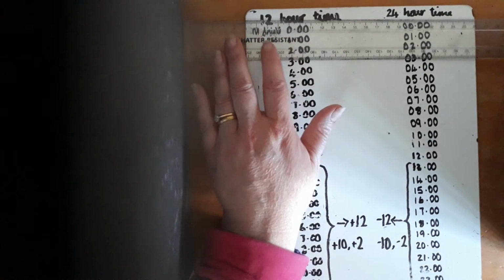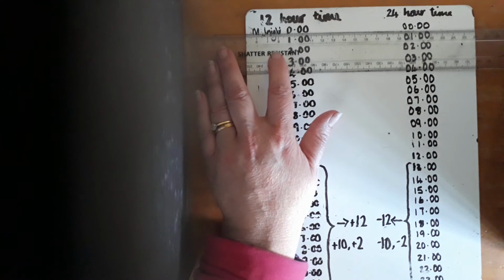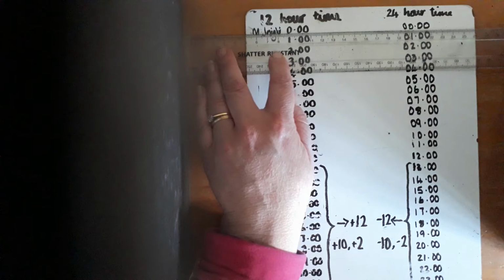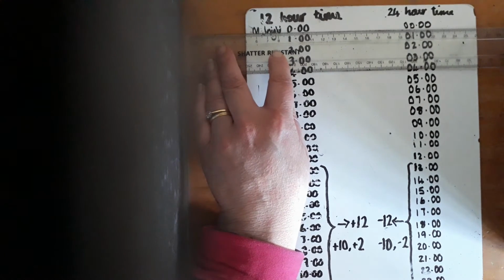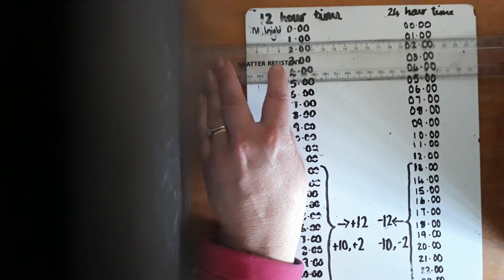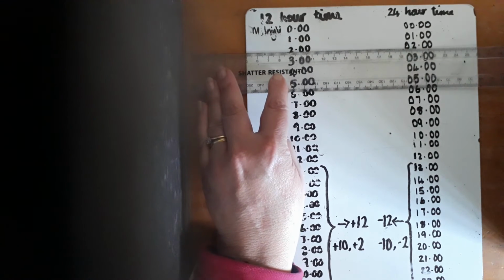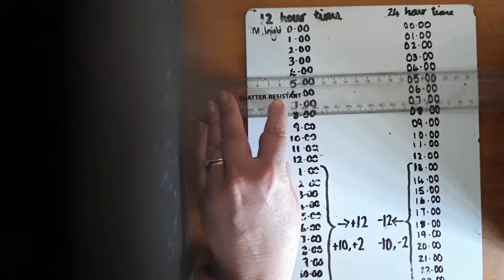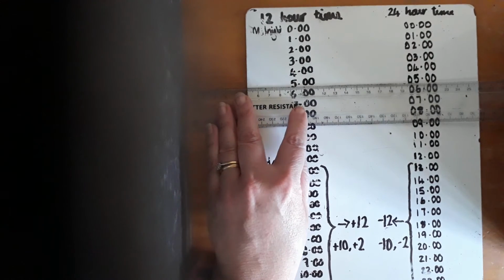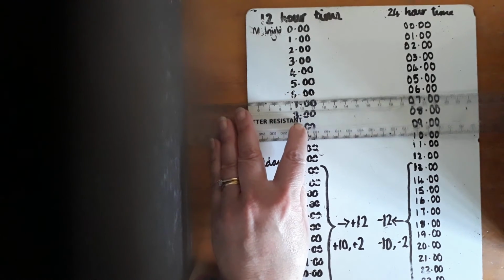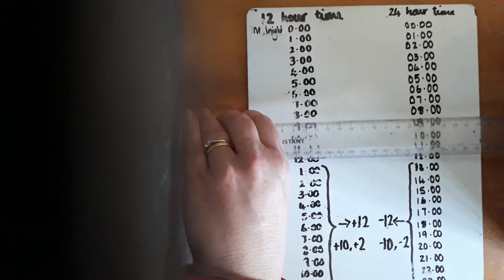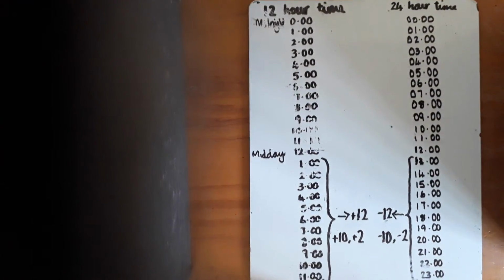So in your book, can you make a table or a list of the conversions between 12-hour time and 24-hour time? You've got to make sure that they are lined up correctly. I did mine using a ruler to make sure. Your book has lines, but you need to make sure that you get the conversions listed correctly. And then when you come down to here,